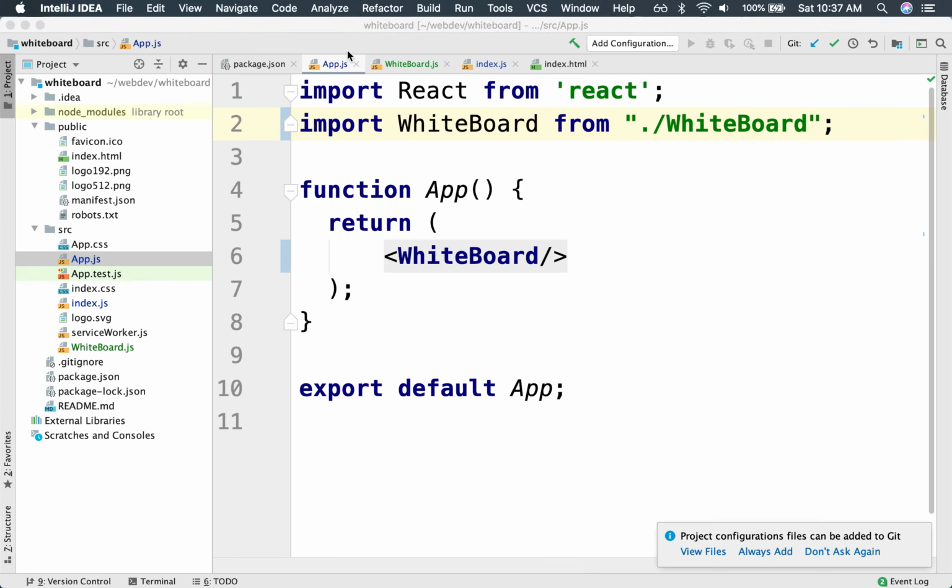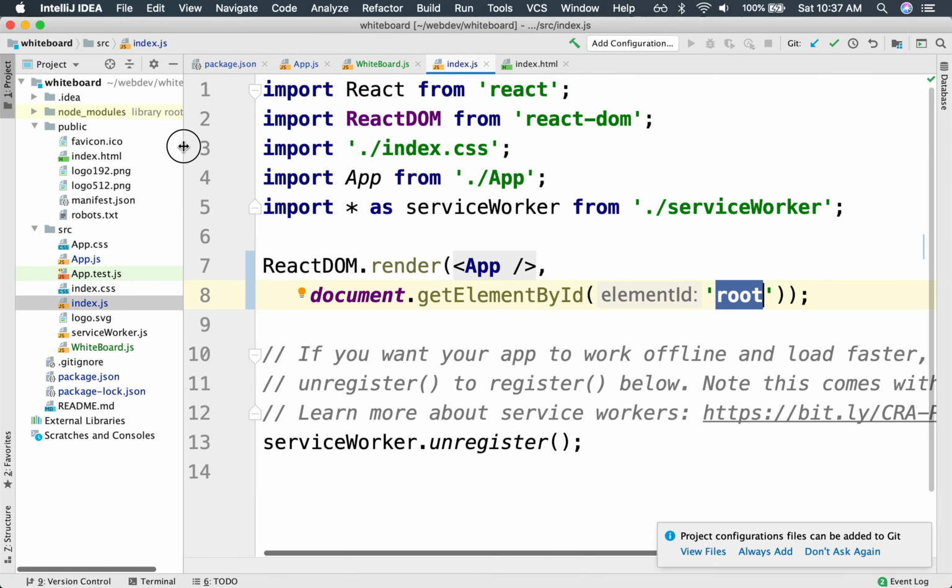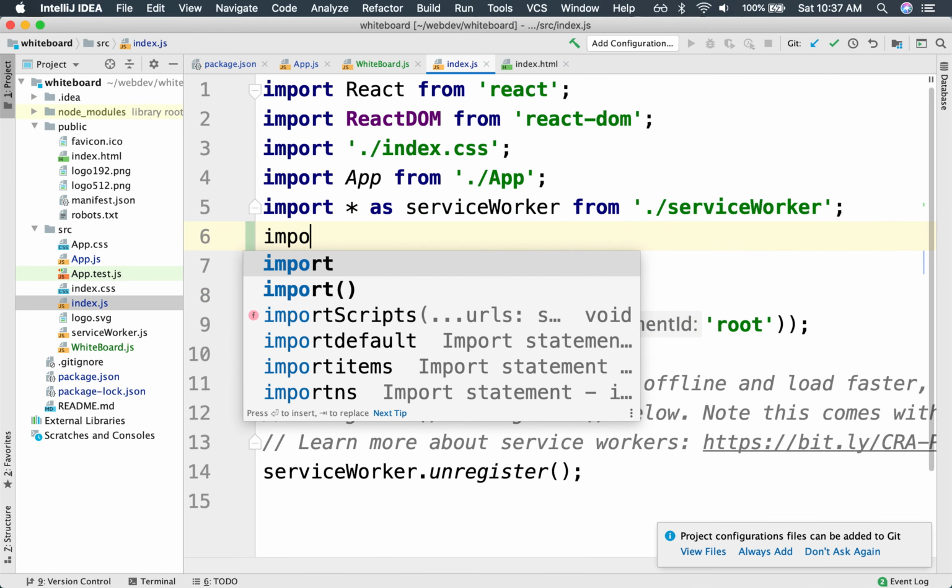We can now go back to our application, and in our index.js, we can load that library so it's available all throughout. We say import